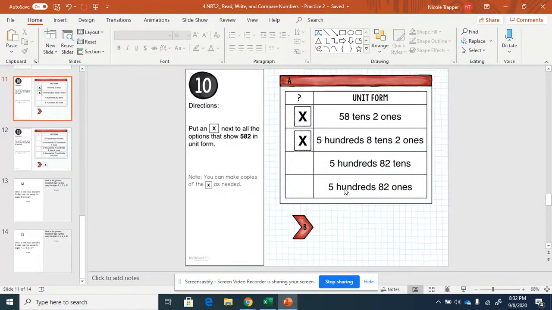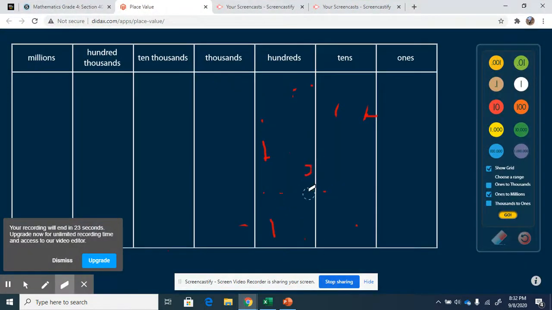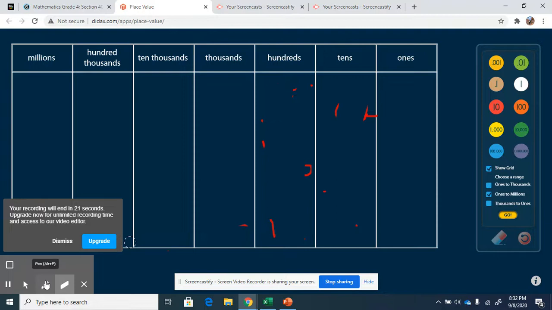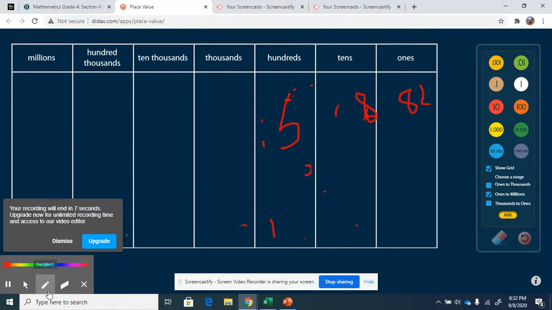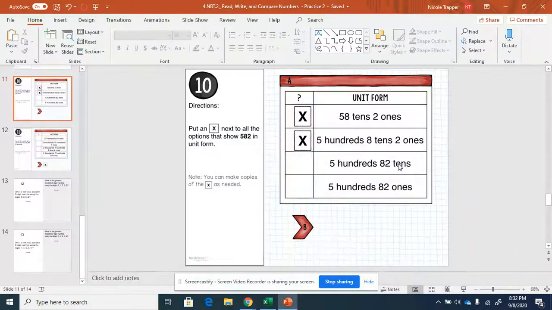Let's look at the last one, 500s and 82 ones. So I could do that one in my place value chart. 500s and 82 ones. If I have 82 ones, 80, I'm going to move over here to the tens place, and I'm just going to have the 2. So that also gives me the value of